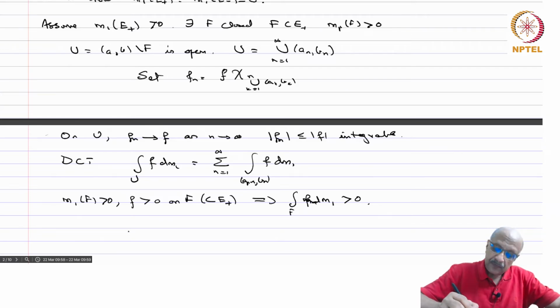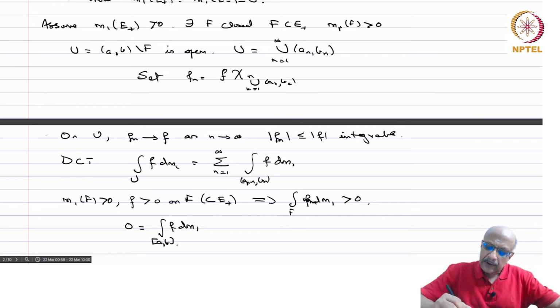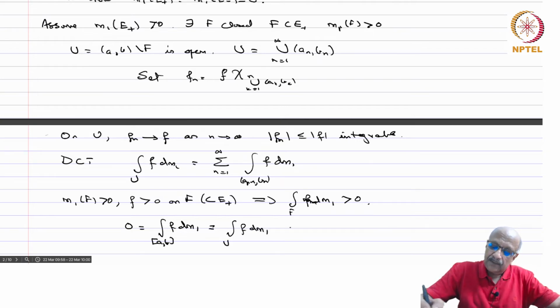Therefore you have that 0 equals the integral over [a,b], that is given. Now it doesn't matter if we put the endpoints as closed or open, because those are of measure 0, and that is equal to the integral over U of f dm1